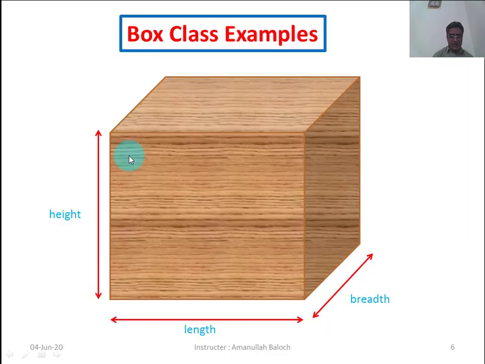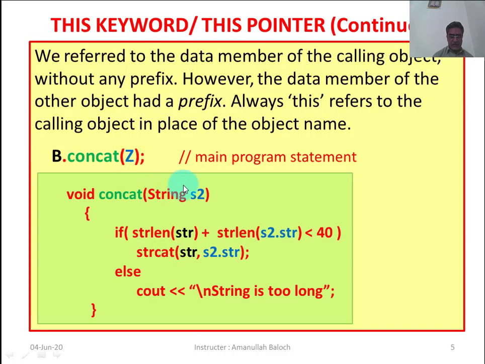So the color of z is cyan, and s2 is also cyan. So all the cyan color belongs to z, and all the black color belongs to b. So b is the calling object which is calling the concatenate function. Z is passing to the concatenate function, and s2 is the string object that is receiving the value of z.